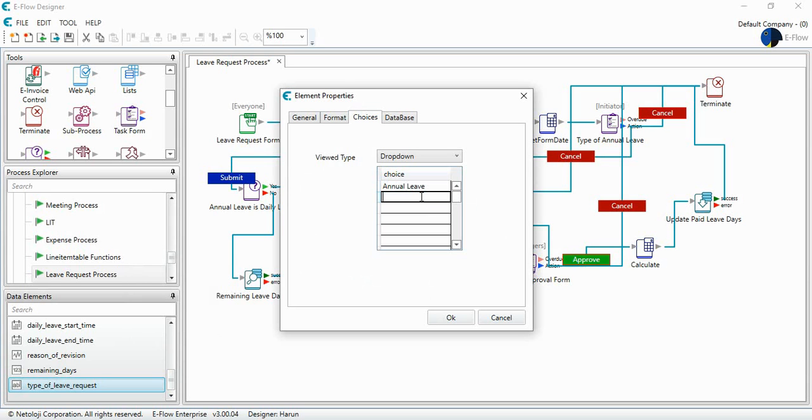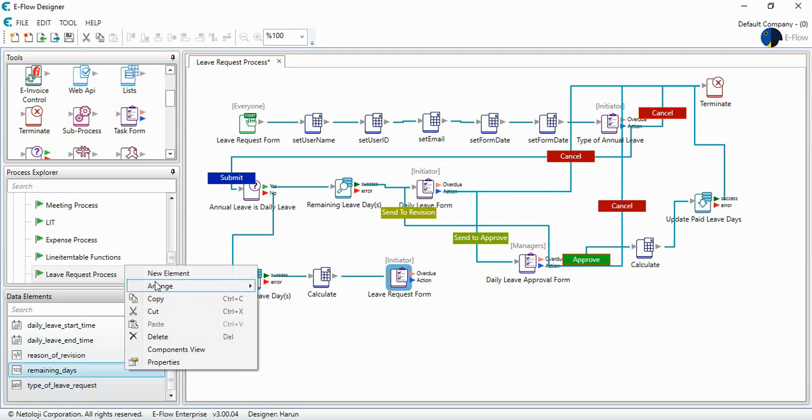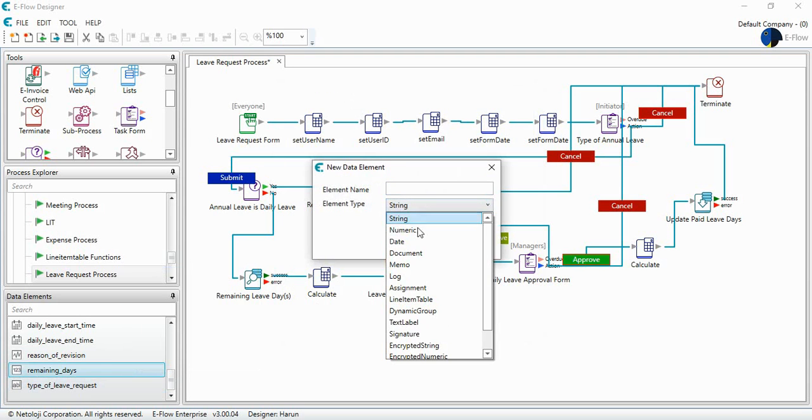The other maybe unpaid annual leave, and the third option maybe maternity leave. Okay, so it will be drop down, and I can write, it can be numeric,